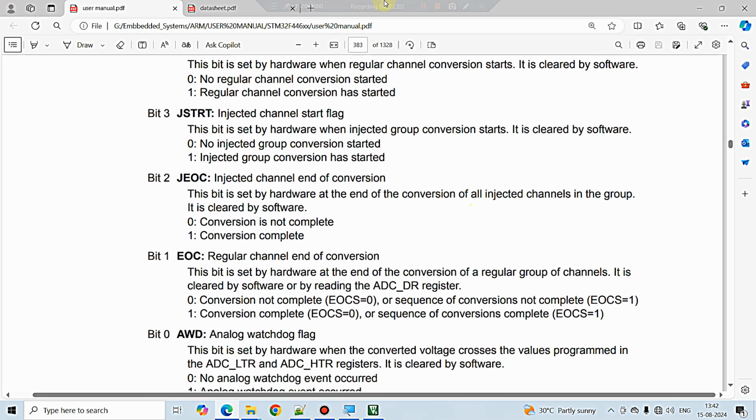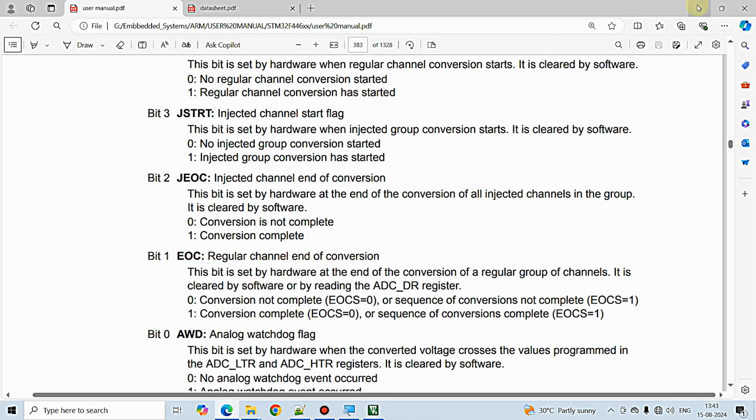So during the regular conversion of channels, once the ADC conversion is complete, this particular flag will be raised by the microcontroller. So we will be monitoring until the flag is set, that is until the bit 1 in this particular register is high, and we will